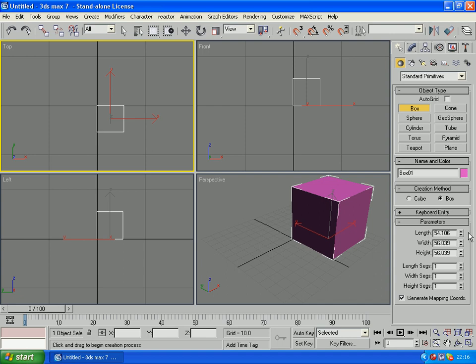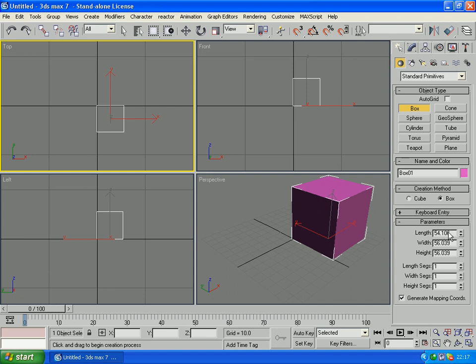Now, if I wanted to edit this box, you see that I have different sections down here where I can make edits. Now, this is where a lot of beginning modelers do their editing. I wouldn't recommend you do it, simply because as soon as you deselect, it'll all go, and it just means that you've got more work to go over. It looks easy at first, but when you get into large scale 3D modeling, it would just be easier if you stay in the create panel, into the modify panel,